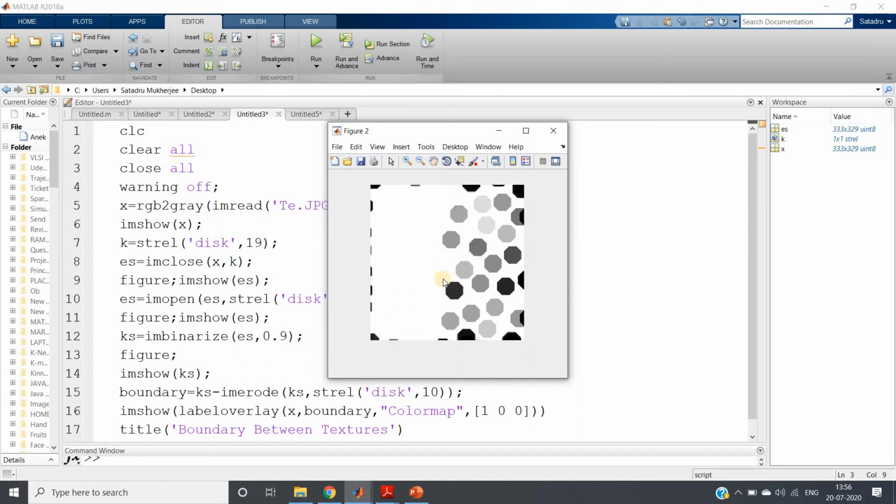Now I want the border line. So I will join all these bigger objects to form one complete black part on the right hand side. That means generally we use closing, but I will be using opening. In case of opening, the disc size structuring element I will take very high, so that all the white part present in between the objects is also covered.